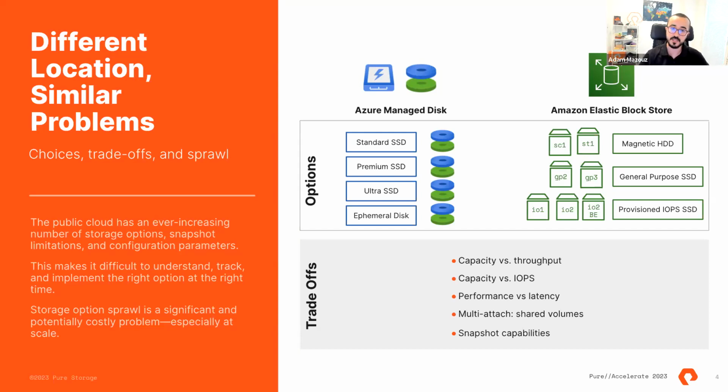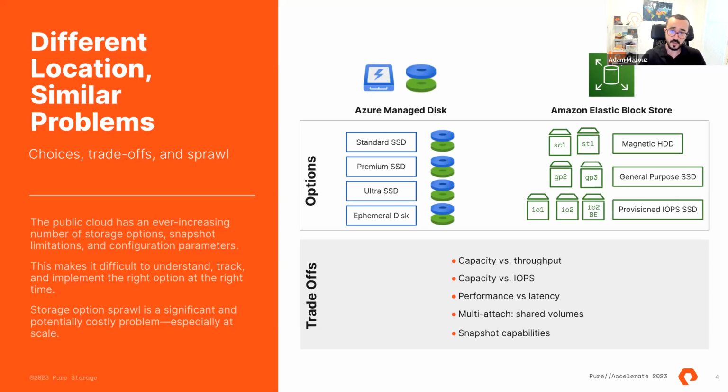And then there are other features that most clustered workloads need in the cloud or anywhere. Those cluster workloads might need multi-attachment. They need snapshot capabilities in order to refresh your databases or to create multiple seeds or read replicas, right? So most of those trade-offs are not available in every option. You might have an Ultra SSD in Azure that has fast capabilities but lacks the snapshots or copy data management.